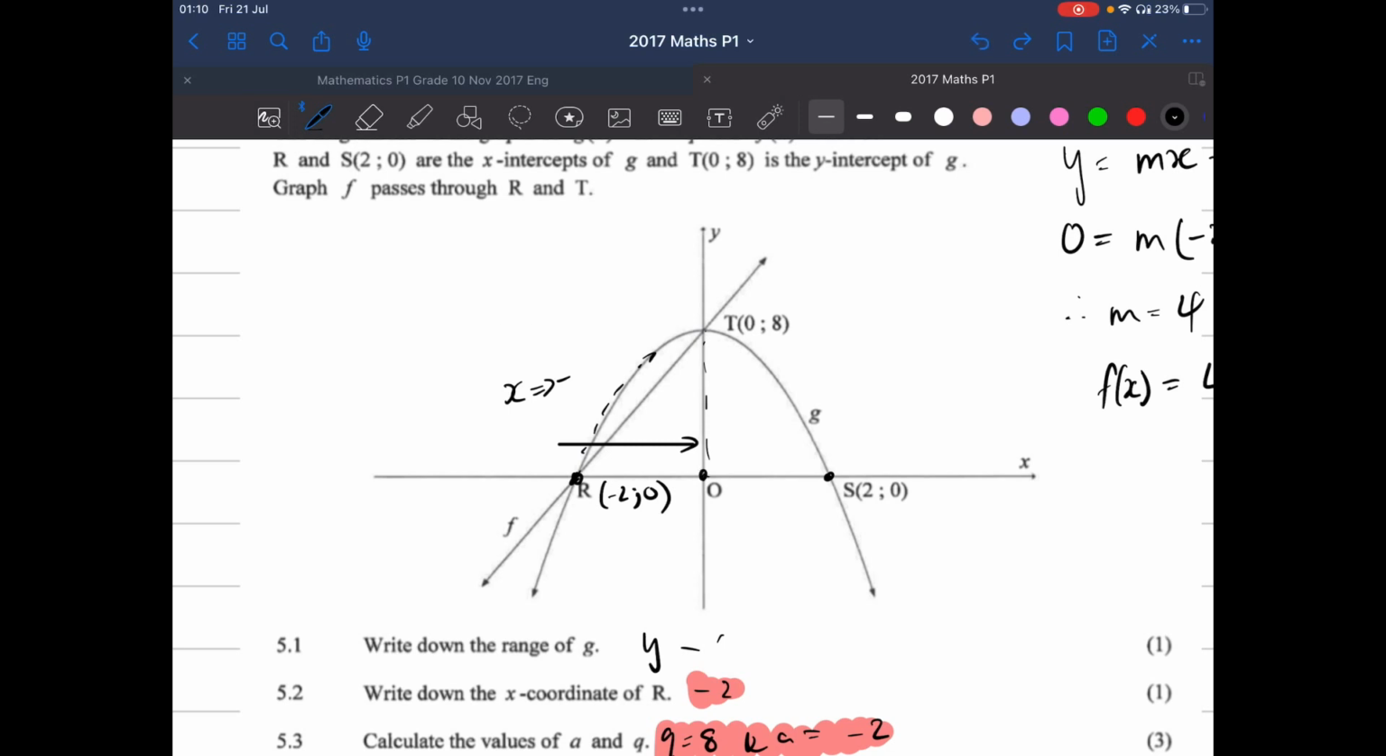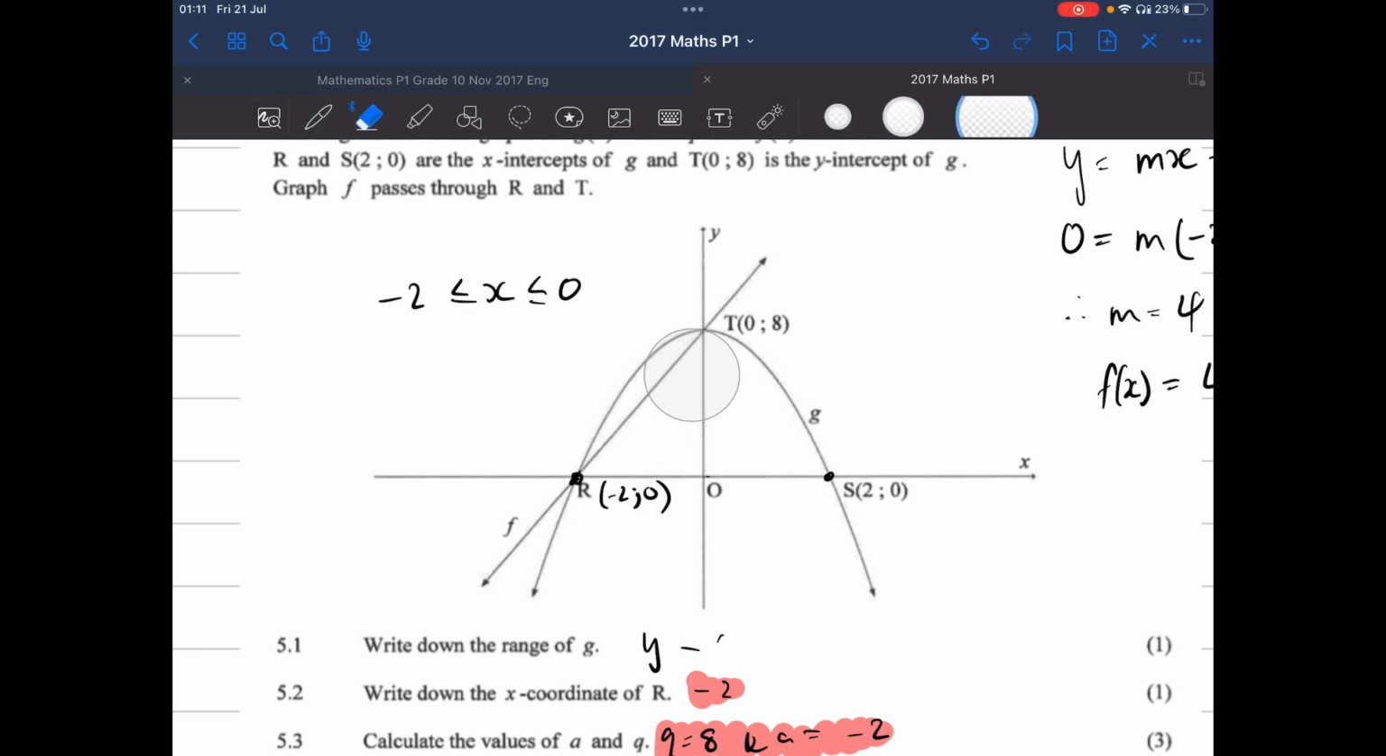So let's write that down now. If I say -2, I'll explain what this means in a second. So x has to be greater than -2, because it has to be greater than -2 moving in this direction, but it has to be less than 0. So essentially we're looking at this part of the graph here, and we're looking at this part of the